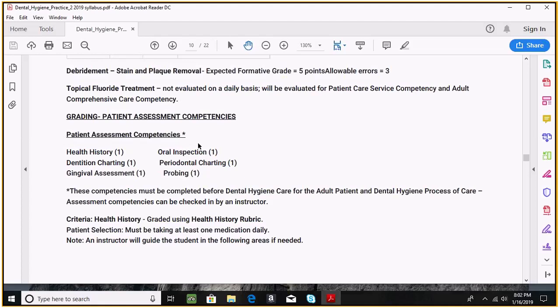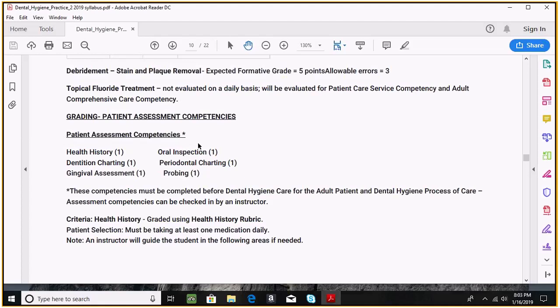But you have to have a patient that you can do these competencies on, and there's no specific requirements except that they are just able to be with you and be there at the clinic several times. So maybe mom or dad might be a good one that you could do these on, or sister or brother, if they can sit in your chair for several times,